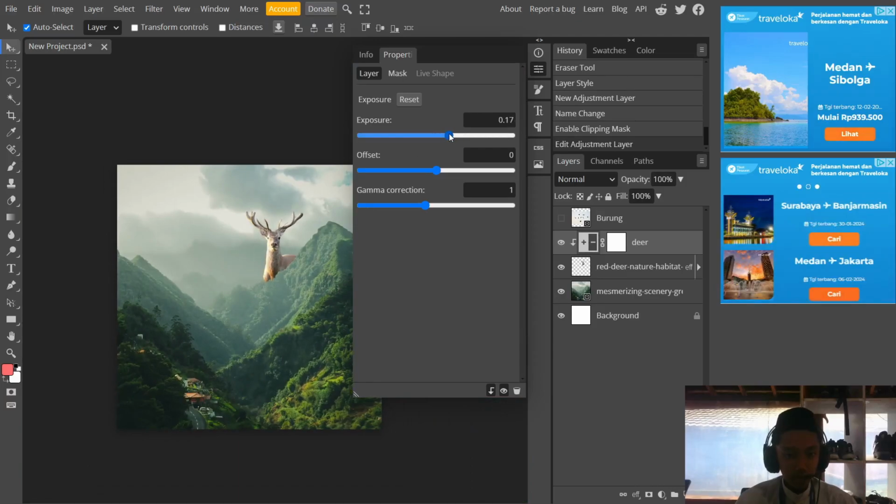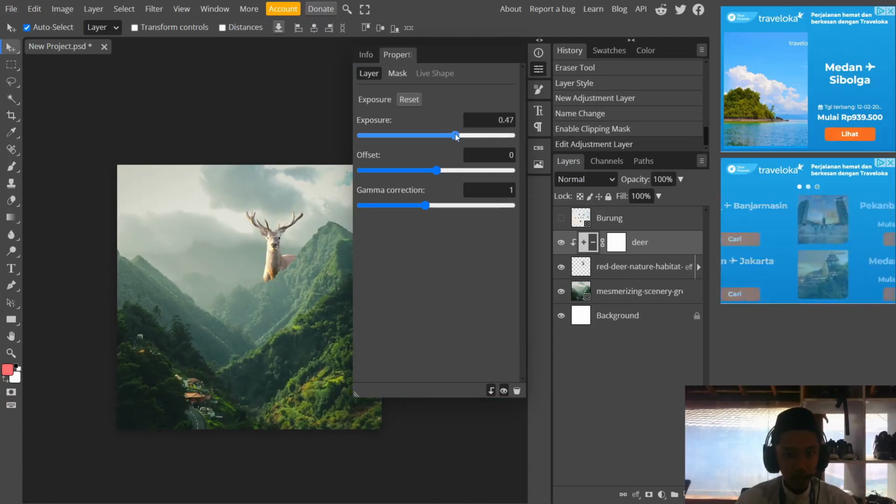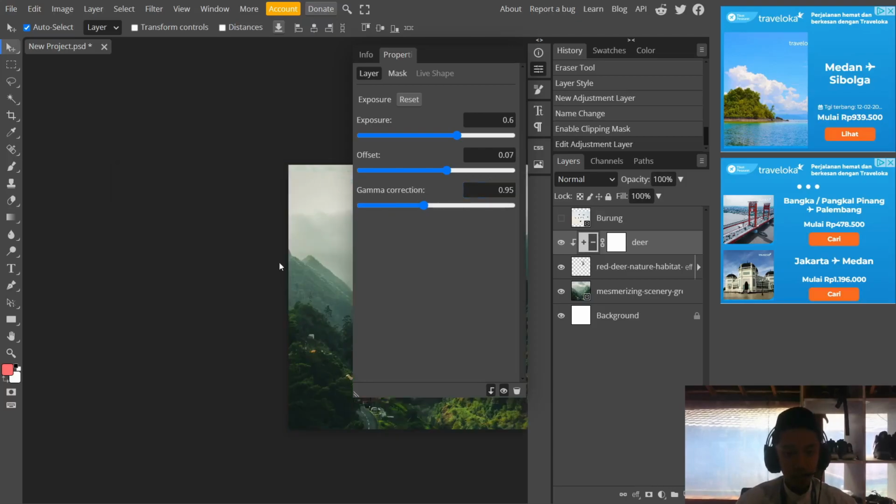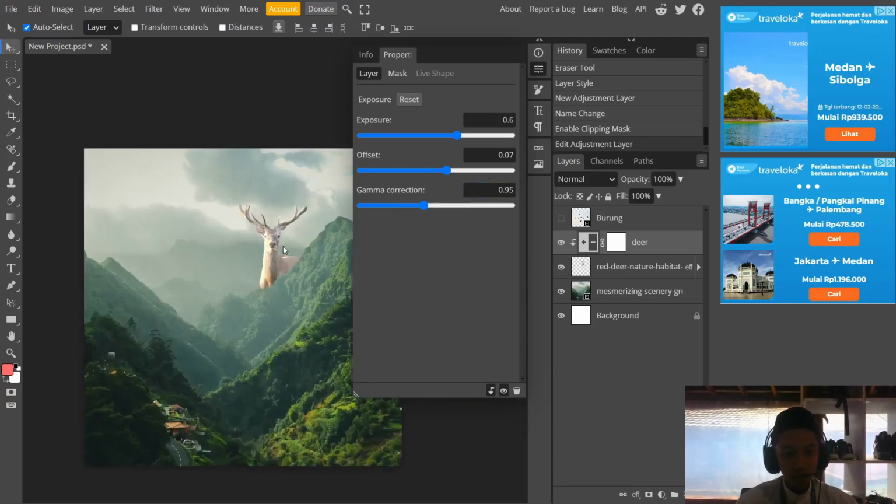Settings here, maybe 0.60. Then the offset 0.07. Gamma correction 0.95. Like this,